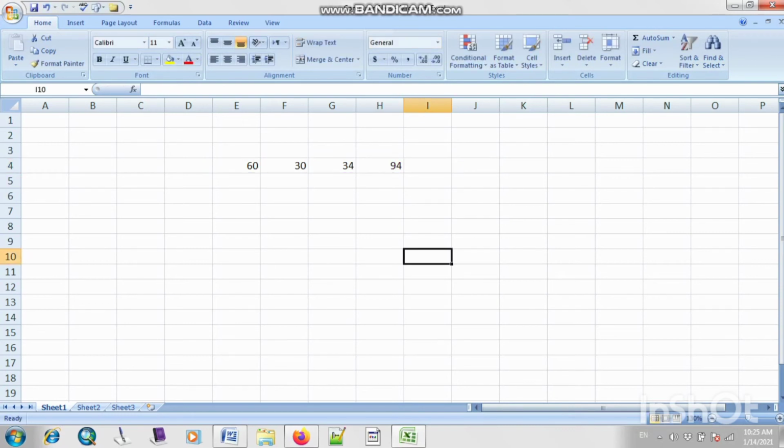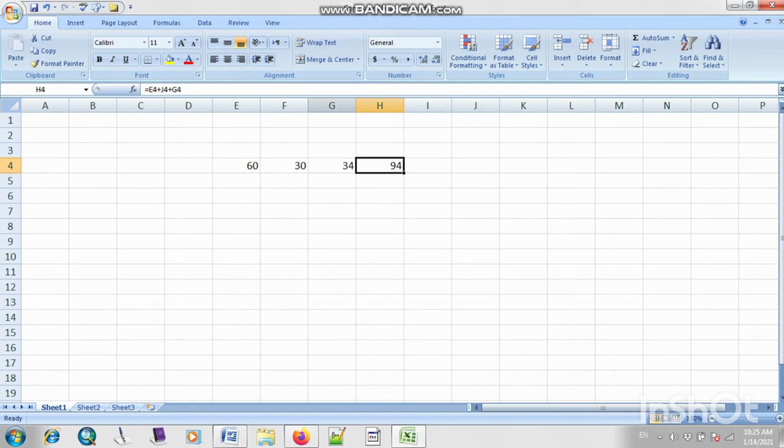So I hope this is clear to all the class, how we can use Microsoft Excel and how we can insert that data. Okay, now let's see, we also have the option of how we can, let's suppose I have written here 30, 34, 94. Now if I want to insert a new column, how can I insert it? Like I want to add something here, then what should I do? Should I erase all the next data and then type it again? No. So there is an option of add column.